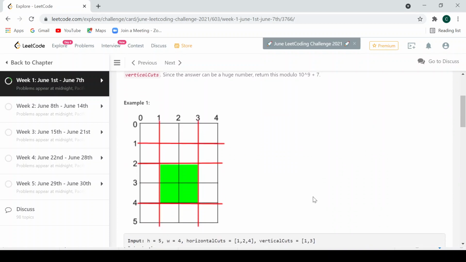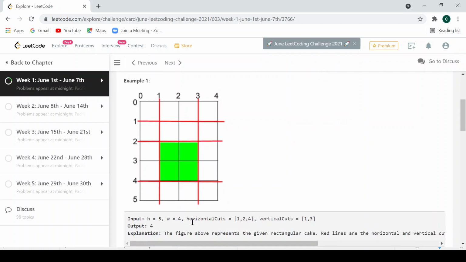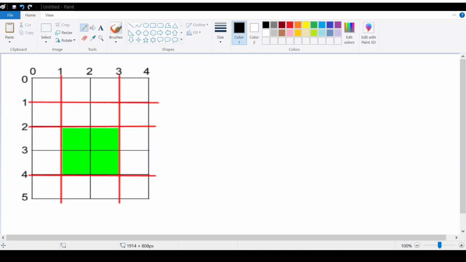So we are given the example. Inputs are height equals to 5, width equals to 4, horizontal cuts 1, 2, 4, and vertical cuts 1 and 3. So I will explain this problem with the help of example 1. So this is our first example.